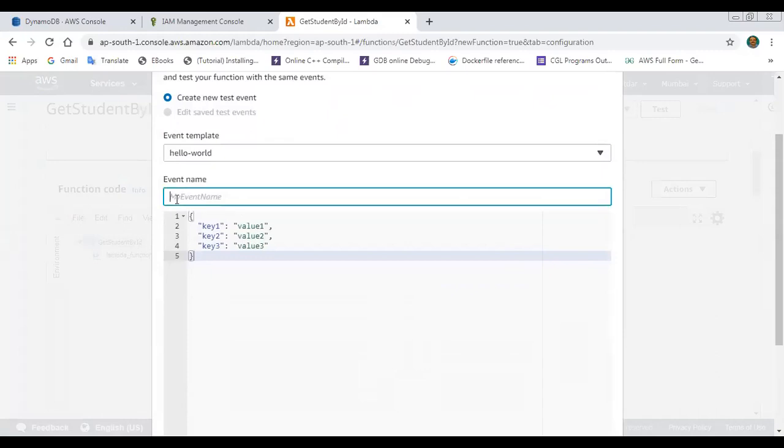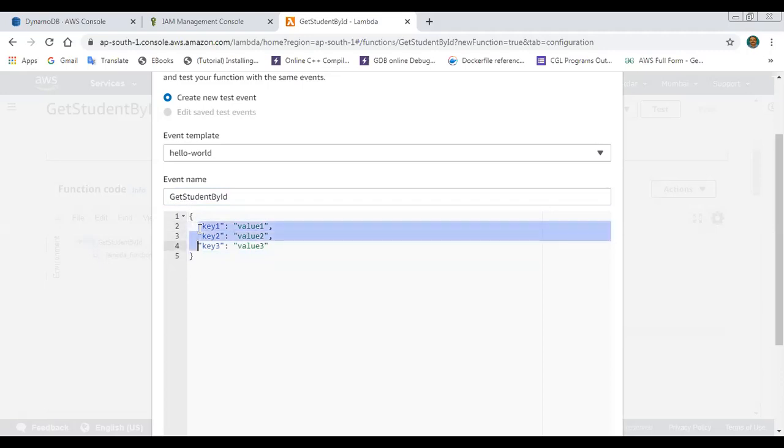It requires the event name: get student by ID. This is the method name, get student by ID, and here we are passing the value for student ID.